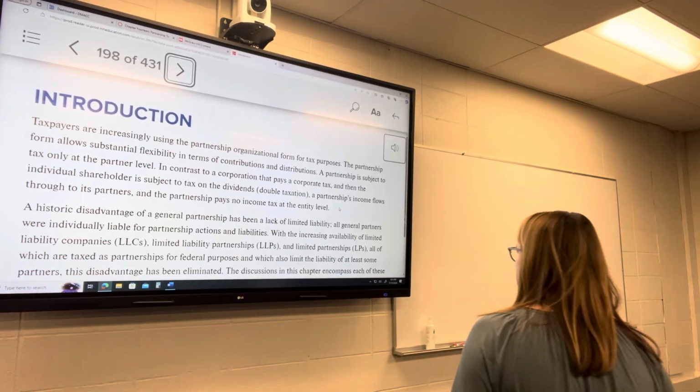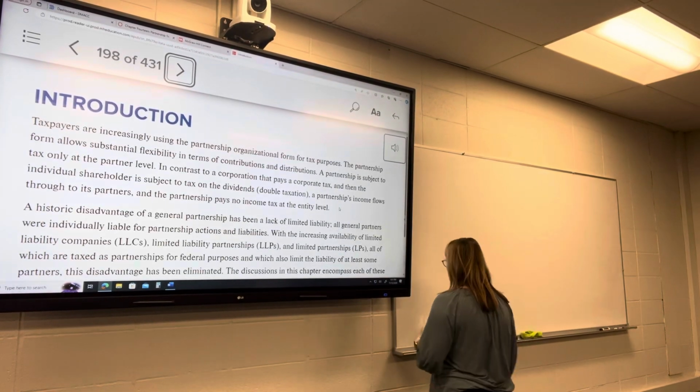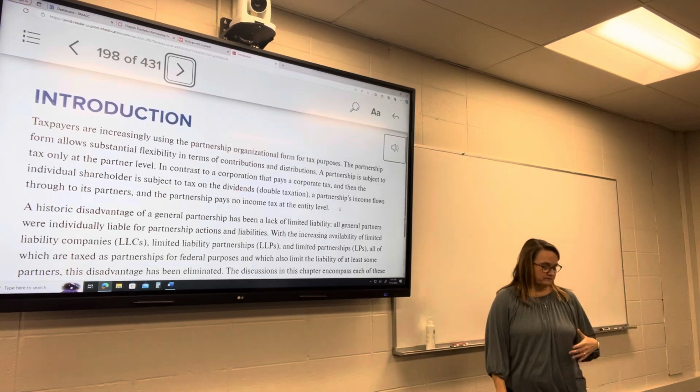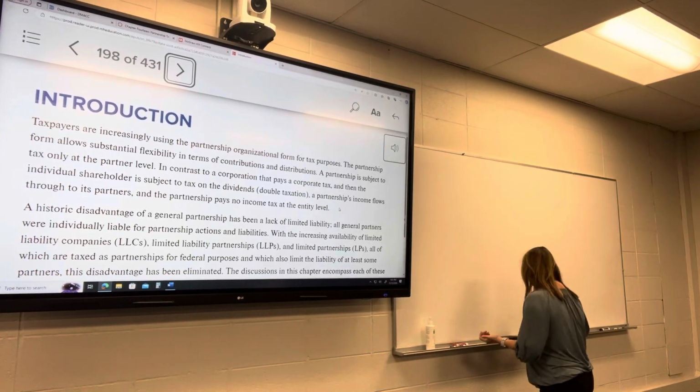Right, so one of the things your book talks about, with a partnership, first off, is the tax form that is